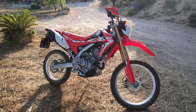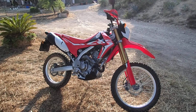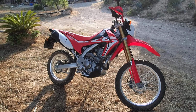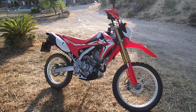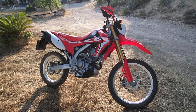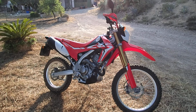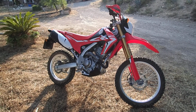So this is one of 3 new Honda CRF250Ls we've bought for our guests at Catalan Adventure. As you can see, it's quite a striking bike, nice graphics, looks pretty cool, and does everything we want it to do really. We bought them mainly because people want to do a bit of exploring on the trails and on the roads. So it's not a focused enduro bike, it's not an out road bike, but it will do